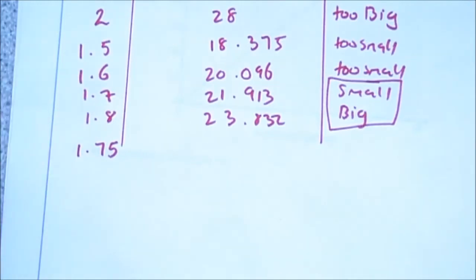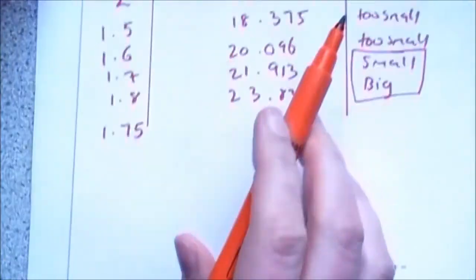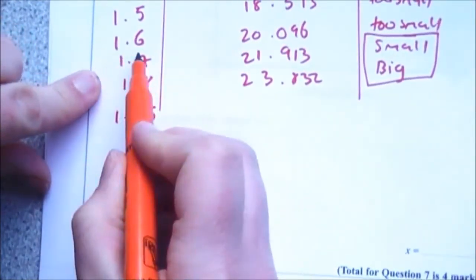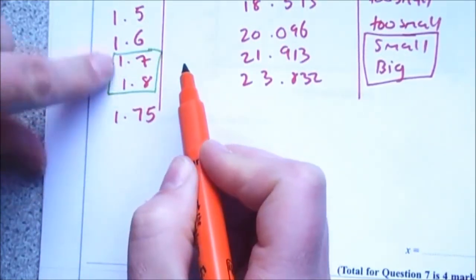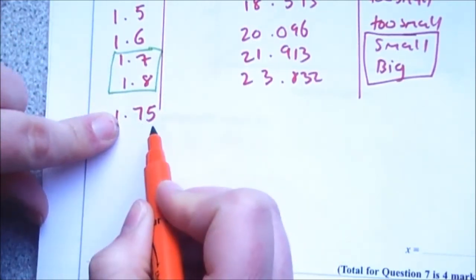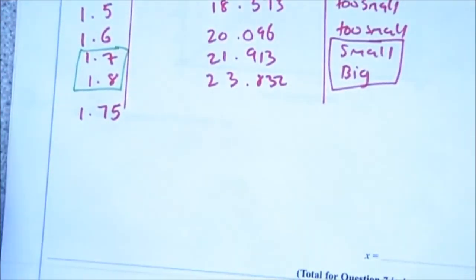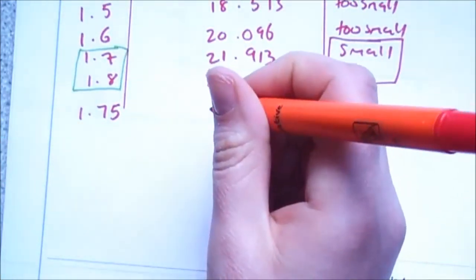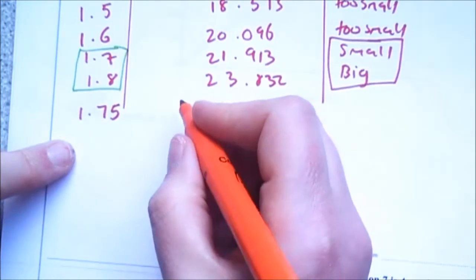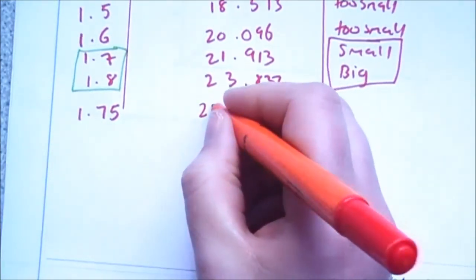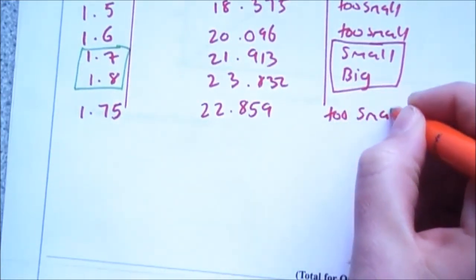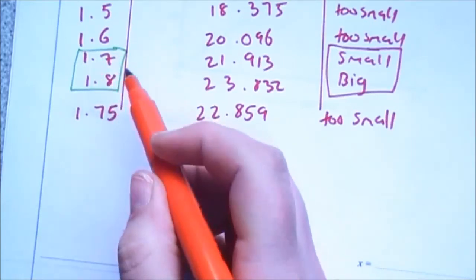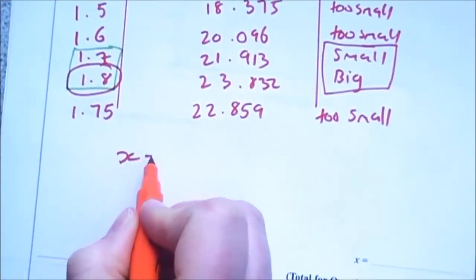Now this is where people start getting confused. They only wanted the answer to 1 decimal place. And these are the numbers that are to 1 decimal place. It's the 1.7 and the 1.8. So one of these two is going to be my correct answer. I'm just using this one to 2 decimal places to test. So when I put that all into my formula, 1.75 cubed plus 10 times 1.75, that ends up giving me 22.859, which is too small, which means I need to go for the biggest of my options, which was 1.8